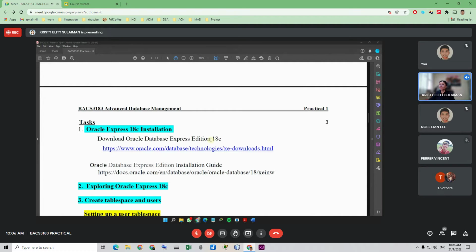Okay. You can also opt to install this in a virtual machine. If you want to explore more, I just give you a choice. You can install in your current machine, or you can use VirtualBox. Have you all heard of VirtualBox?